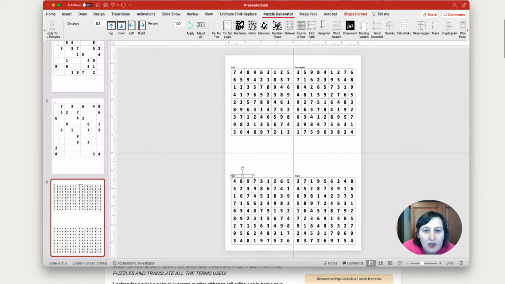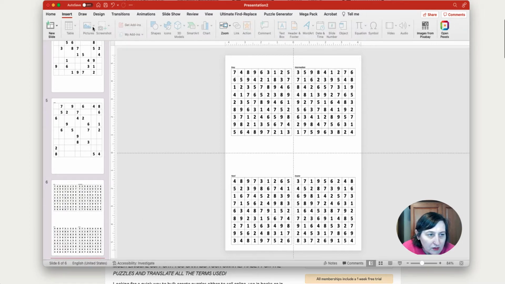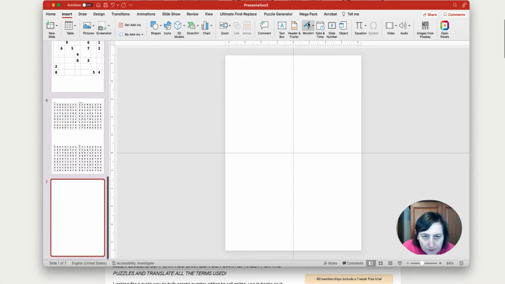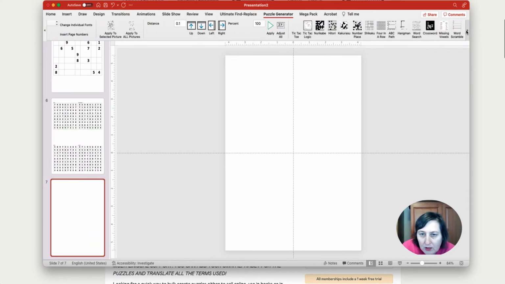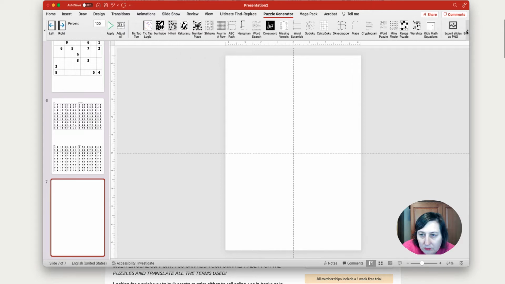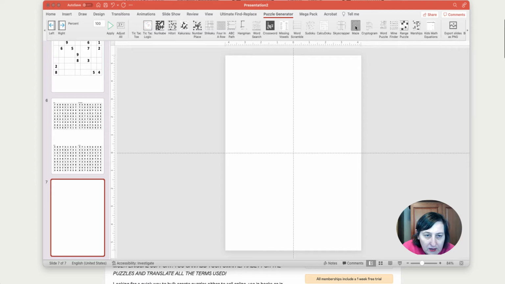So that is great. And then there's other games like these as well, these Japanese style games, Hitori, Kauriwa, I can't say any of them. Number plays, 4 in a row, Kalkuduka, so that is a mixture of different ones. A skyscraper, there are mazes as well. Let me just insert. Now he has got another maze product that does a lot more than this one. Let me just show you. So there's warships, there's range puzzles, there's mine finder, there's word puzzles, there's cryptograms, and like I said, there's mazes here. So if we just click on here,